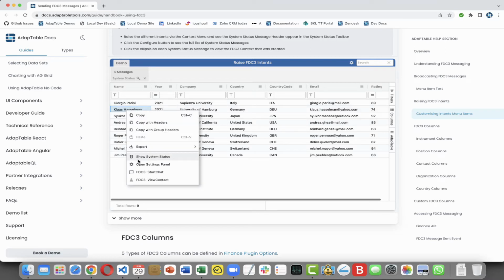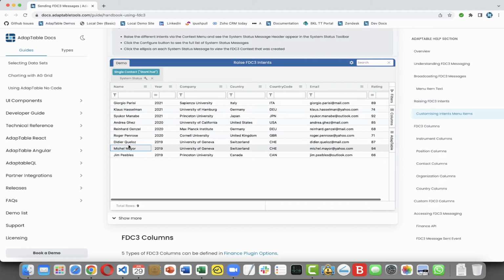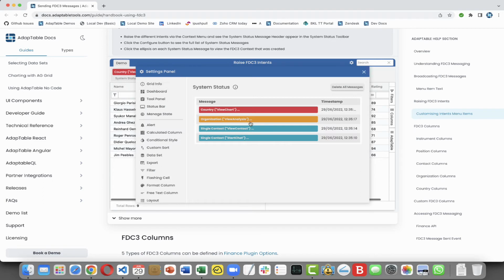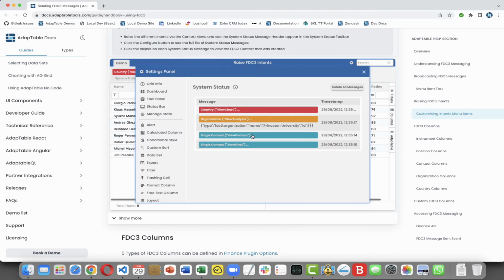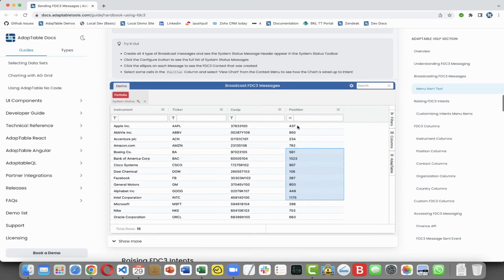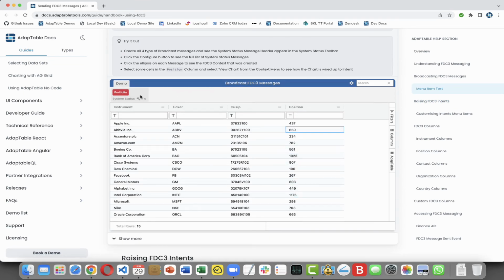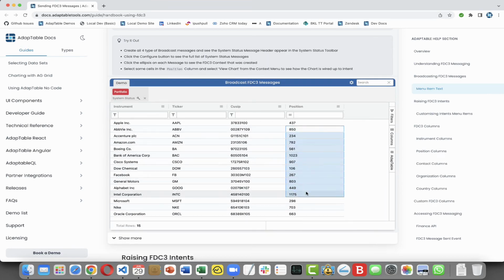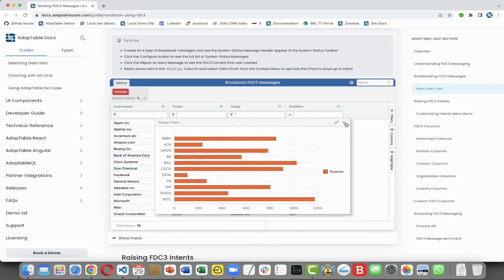So here's the name. So I can either start the chat, or I can view a contact in a company. Again, I've got different intents here, so I can do different things with different intents. And as I say here, all we're doing is just throwing the FDC3 context into system status. But in the real world, you'll wire it up. In fact, if you go to the previous demo, you can see an example of that here with positions, because the other thing we've done is we've wired up this position column. So if I highlight multiple positions, I can say see a chart, and what I've done is I've created a chart based on